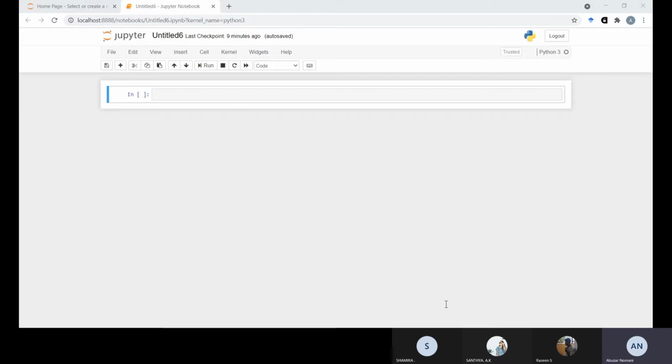So whenever we use any number and we have to make any kind of calculation on it, we have to apply the NumPy package.